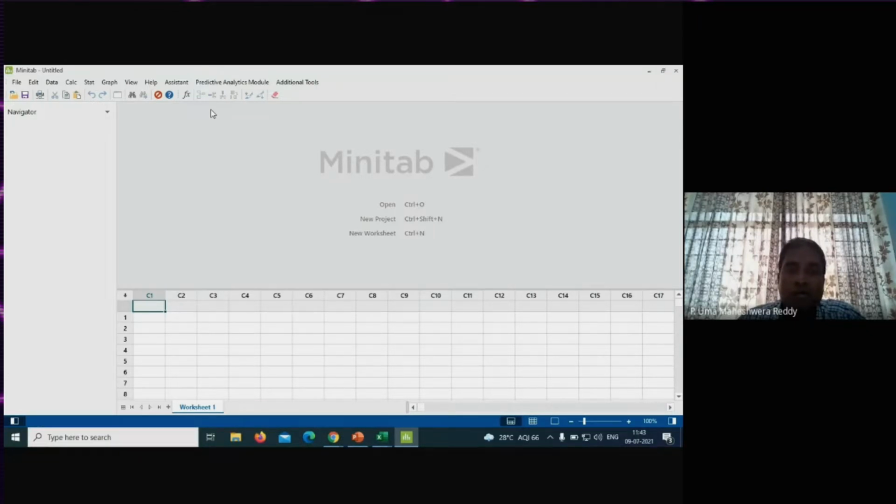Now let me start with the important Minitab features. In the next 90 minutes, I will be covering two important features: the statistical features and the graphical features.